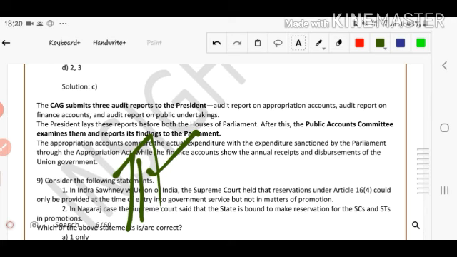And one more thing is there: the caste or whatever community is the case for reservation, that should be socially and educationally backward. This criterion is taken care of in many of the reservations already given, but economic criterion is newly added. That is, I think, the 102nd Constitution Amendment Bill. Let us see the question. The Indira Sawhney case you have to know, and you are reading Article 15 or 16 itself.